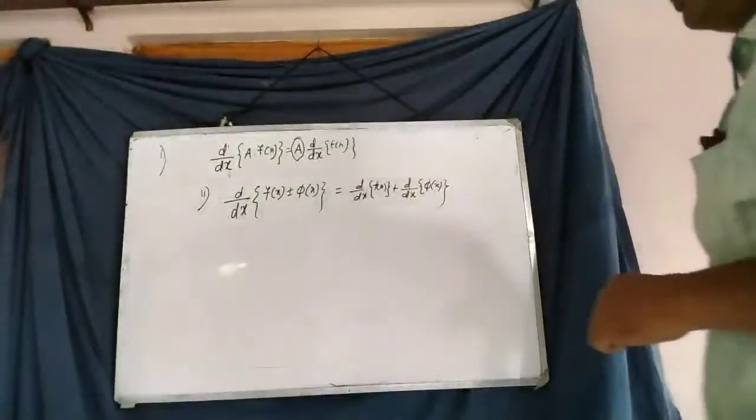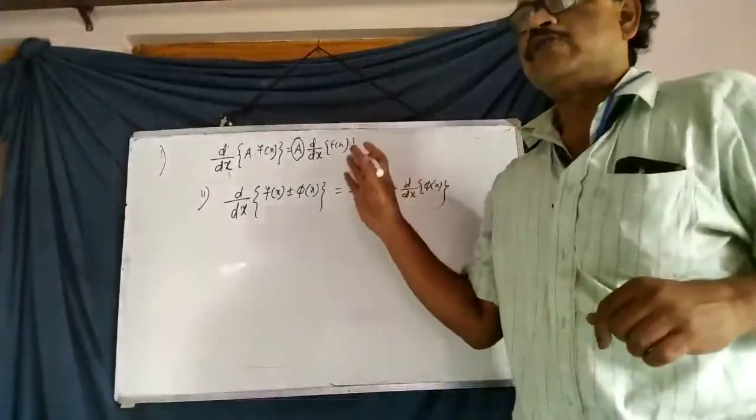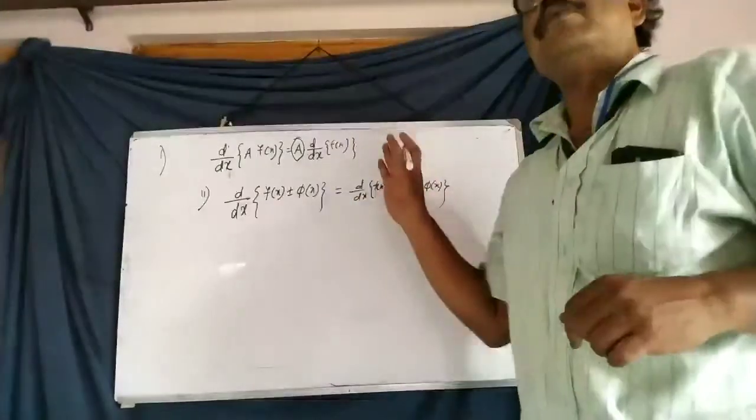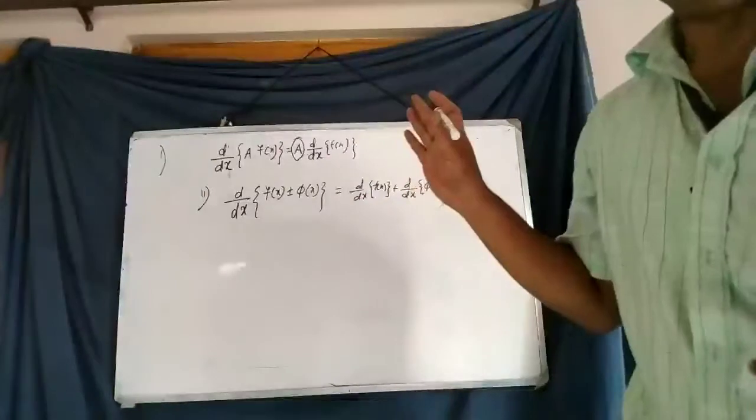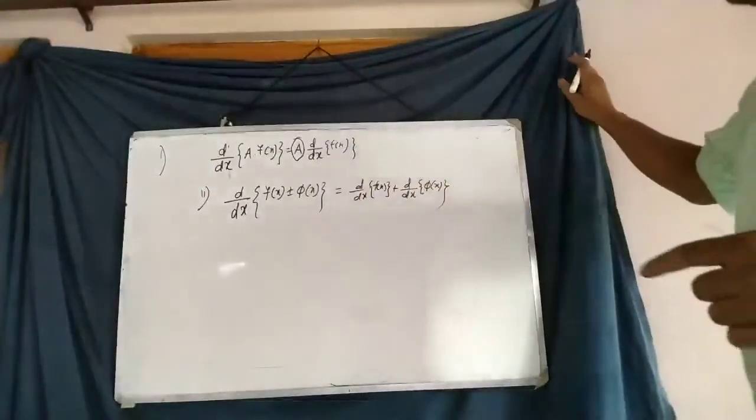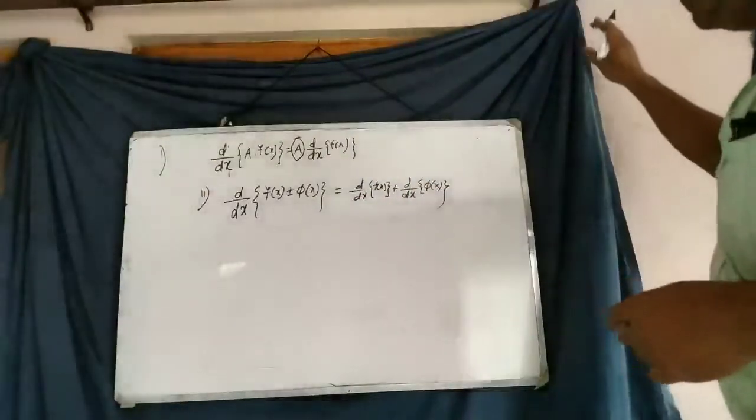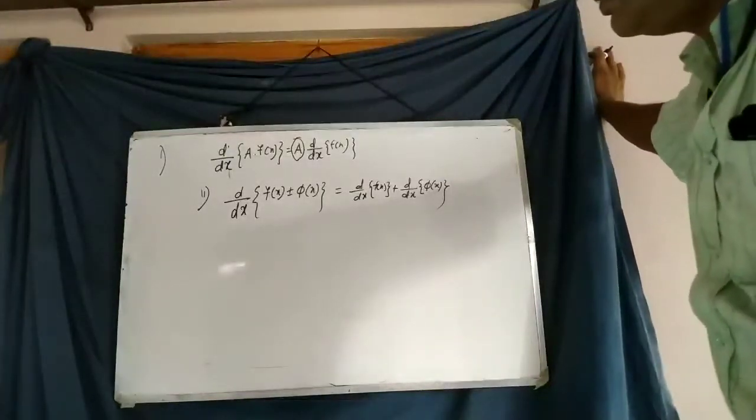At first, the constant should be separated from the function at the time of differentiation, and the second theorem is the sum or